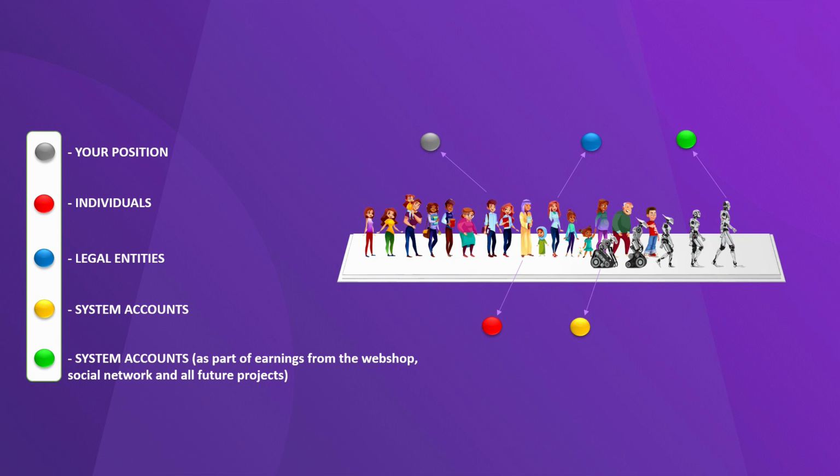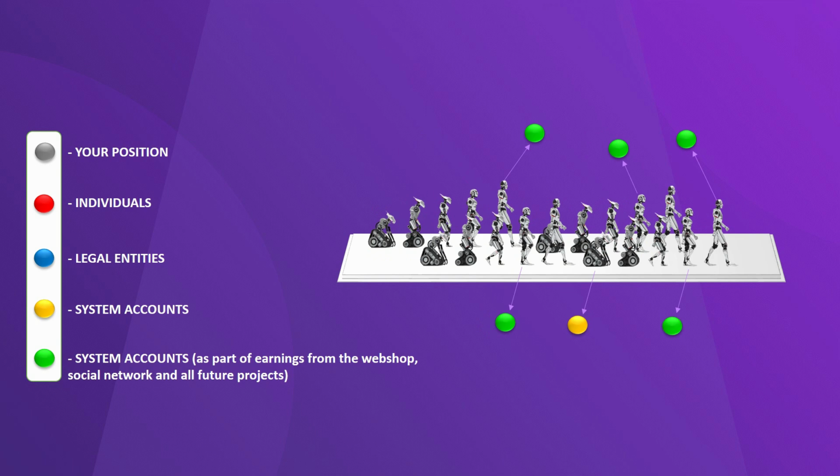This is quite logical at the beginning of the creation of the InFace company, because a large number of people recognize this business, but over time the following will happen. There will be fewer and fewer individuals compared to other positions, like positions from business accounts and system accounts generated from members' passive earnings, and system accounts created as part of earnings from the webshop, social network and all other